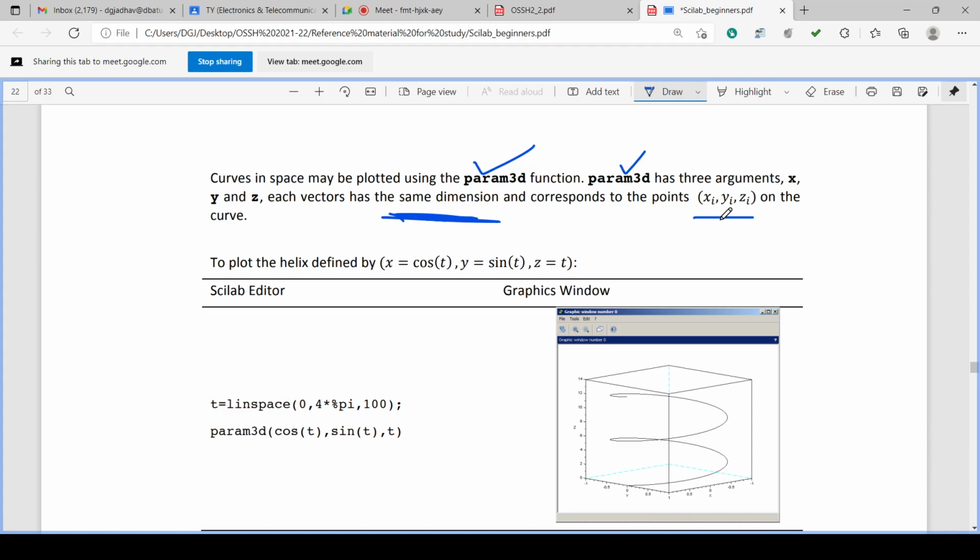In this case, x, y, z have the same dimension. To plot a helix, we define x as cos of t, y as sin of t, and z equal to t. So t will be any vector. You can take 10, 5, 15, or 20 values, and accordingly it will plot. Cos of each element and sin of each element will have the same number of elements. X will have 15, Y will have 15, Z will also have 15 values. All should have the same dimension.